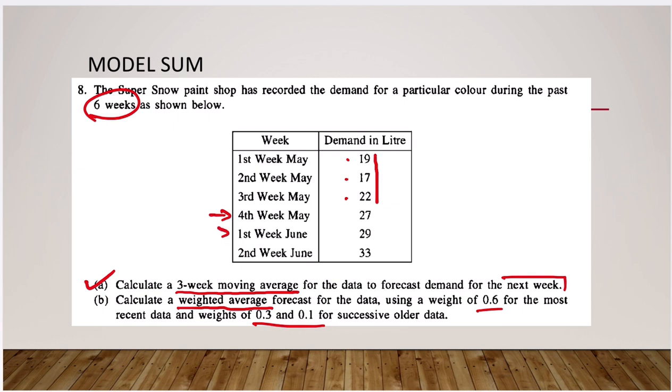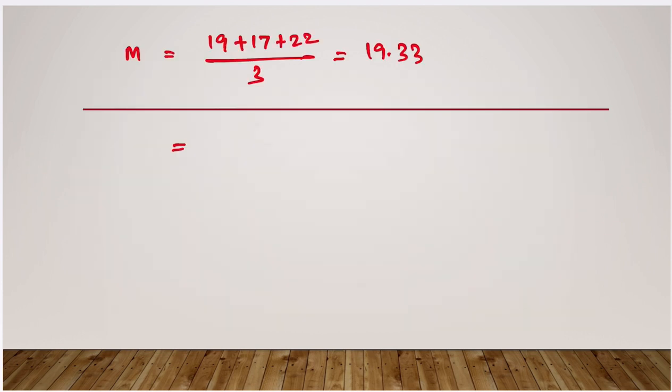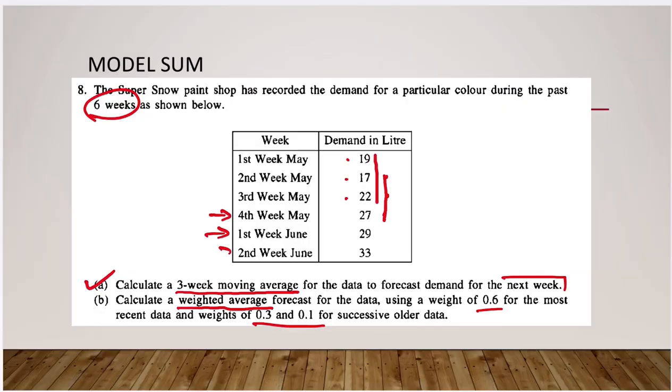Accounting that, the moving average would be 19 plus 17 plus 22 by 3, which comes to 19.33. Likewise, for the next week, we should account 17, 22, 27. This would be for the next week, the first week of June. So the first week of June would be 17, 22, 27 by 3, which comes to 22. Then the last week, the second week of June,